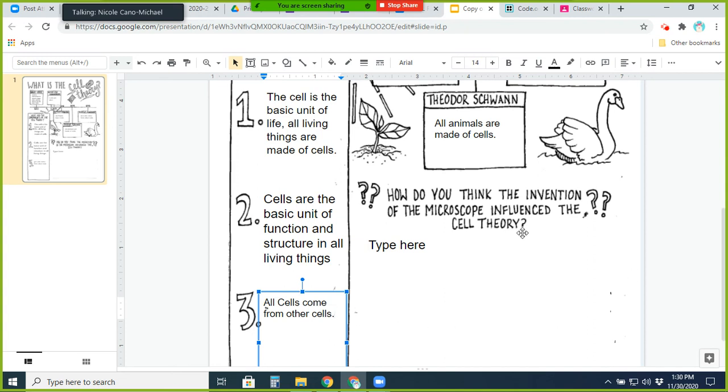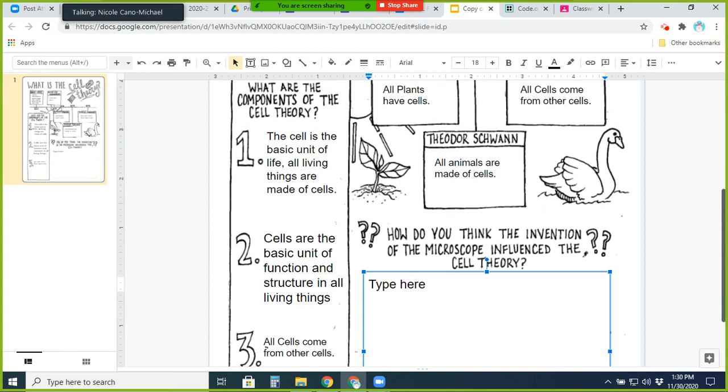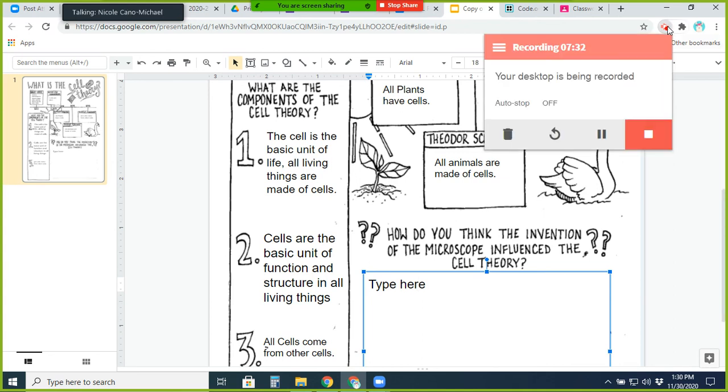Now, again, everybody needs to answer this question. How do you think the invention of the microscope influences cell theory? This is for you to answer, and everybody is going to answer this individually, kind of like on their own. And everyone's going to answer a little bit different. But again, you have the information that you need from our information from today. And I am going to stop the recording because now I'll be able to add this